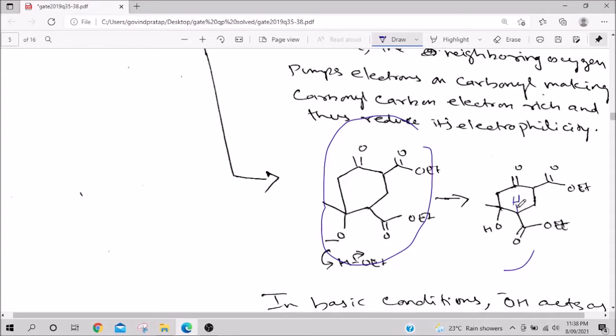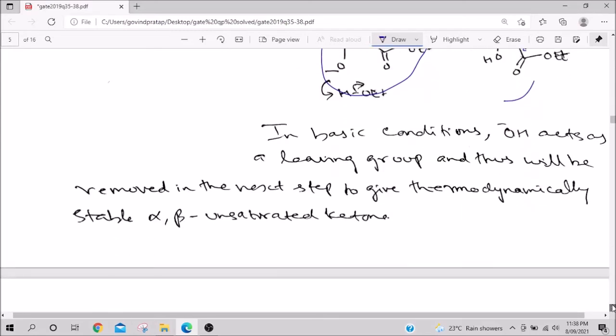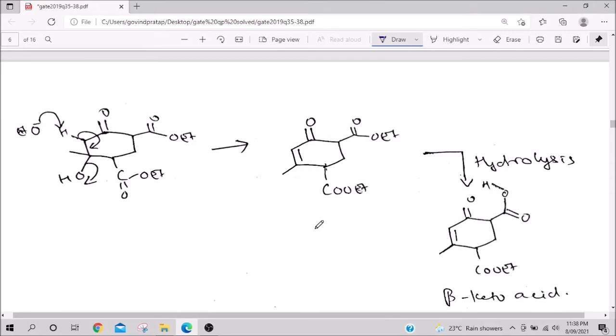Because of the negative charge, if you remove this proton, the negative charge of the conjugate base will be stabilized by this ester, and this proton is alpha to OH. So, in the next step, this proton will be lost again. Sorry, I thought about this, but basically this proton is lost because this is also alpha to the carbonyl group, and this comes out and you get this bond, and then you do hydrolysis and you get this